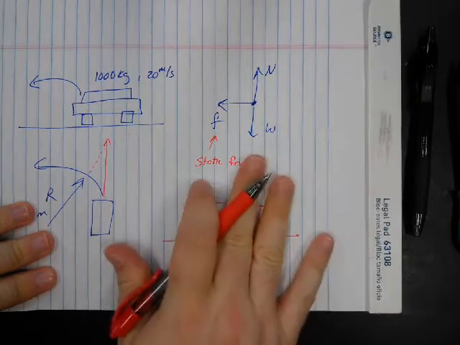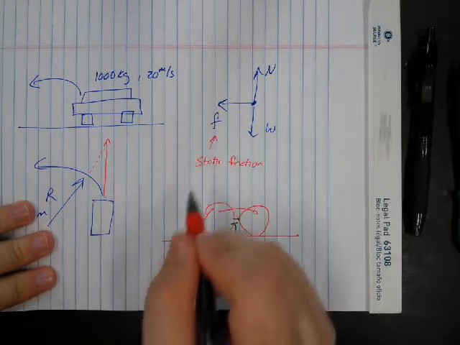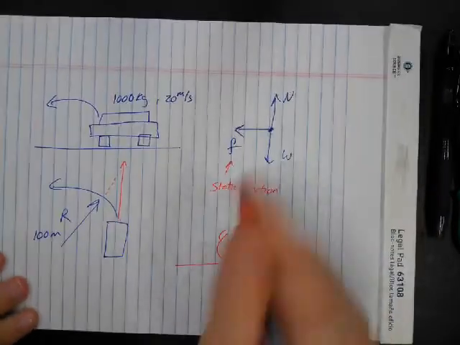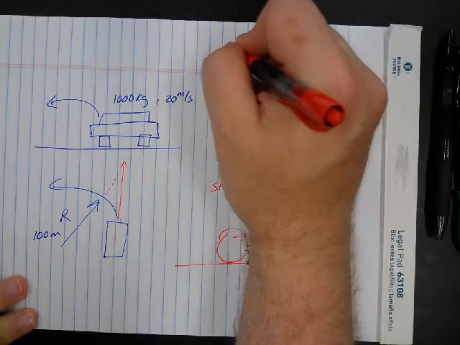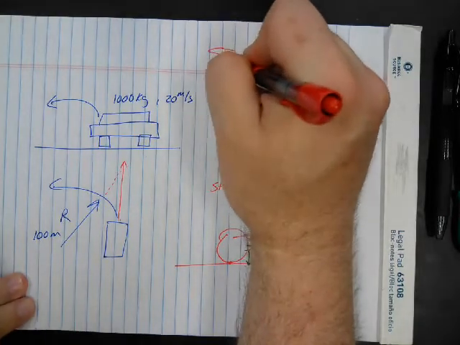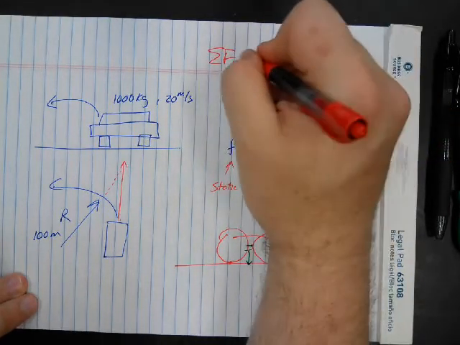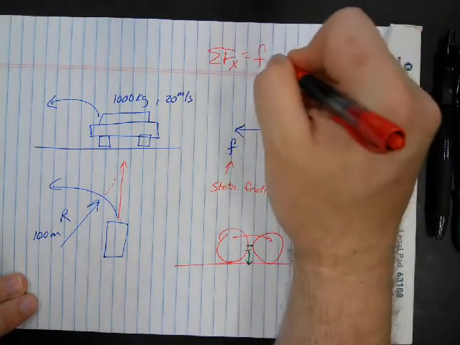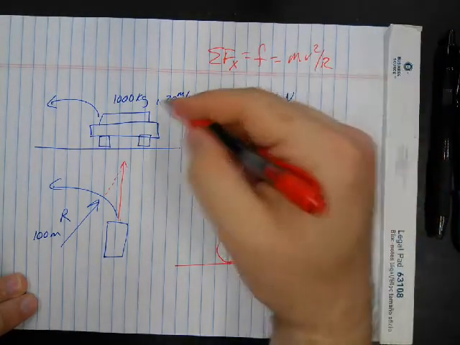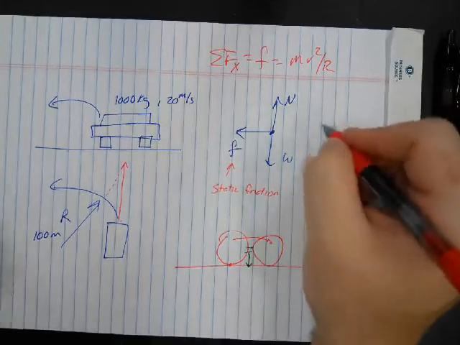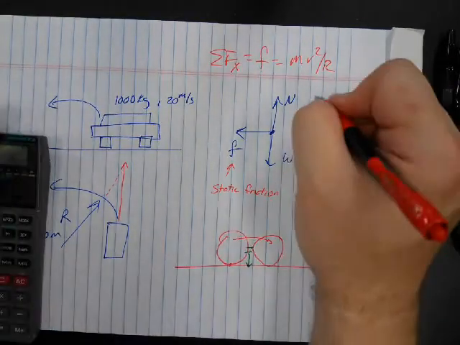So, anyway, what we want is this maximum frictional force. Well, that's the thing making it turn in the circle. So the sum of the forces in the circle, in the x direction, is the frictional force. That's mv squared over r. And so we have numbers. This frictional force is